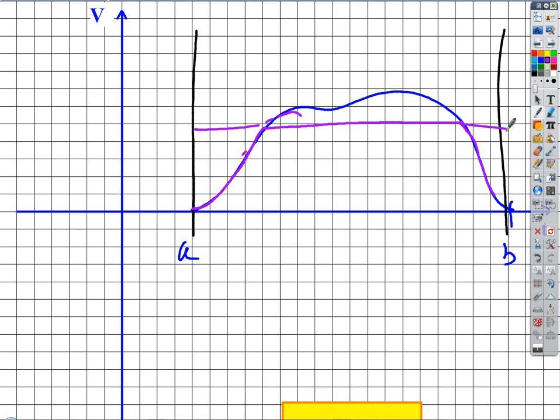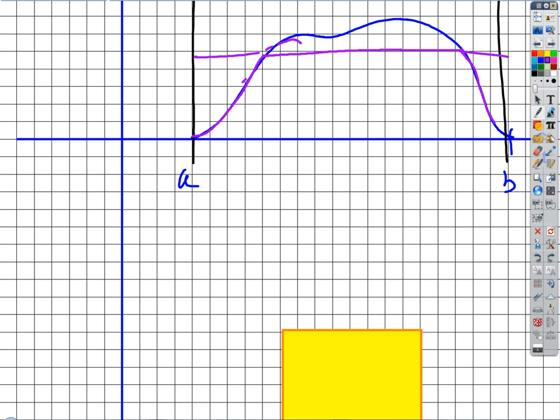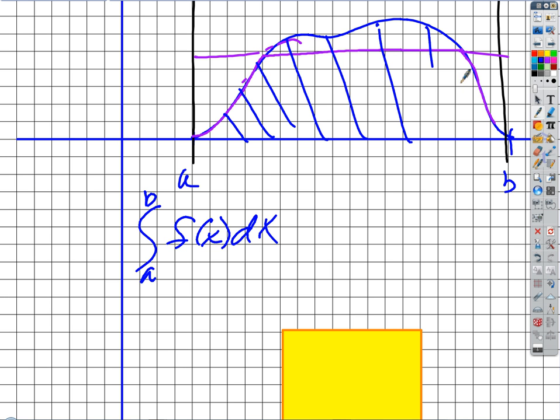It would be the average velocity if we're talking about velocity versus time. It's the mean value of the function if we're just talking about something random. Maybe it's not position in time, maybe it's just f of x and x, right? In other words, the blue area, which we can write this way, the integral of f of x dx from a to b is just this area right here, isn't it? Right? Has to be equal to, the purple area would just be this value right here, which is the mean value of the function. For now, we're just going to call that f of c, that's the mean value, times,